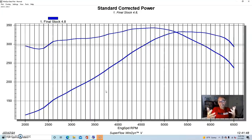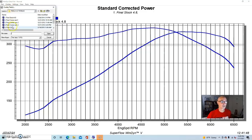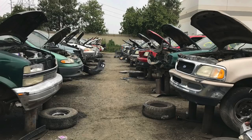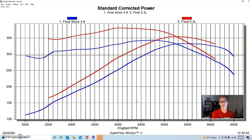And this is a fairly easy upgrade. One of the best ways to improve torque production for any motor, obviously, is to make it bigger. It's such an easy thing on the 4.8. So if you're going to the wrecking yard and you're thinking, okay, I'm going to get a 4.8 and use that, you'd be much better off, if you're looking for low speed power, to just pick a 5.3. I know it's an easy, obvious thing, but if you take a look,